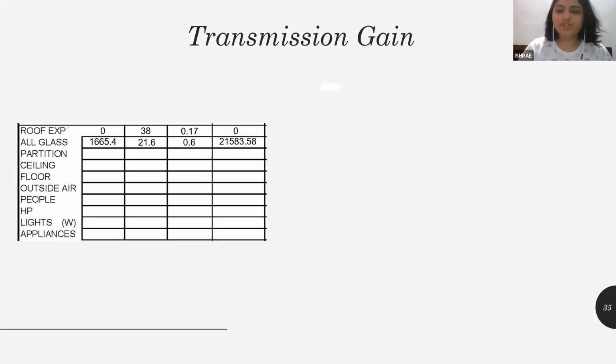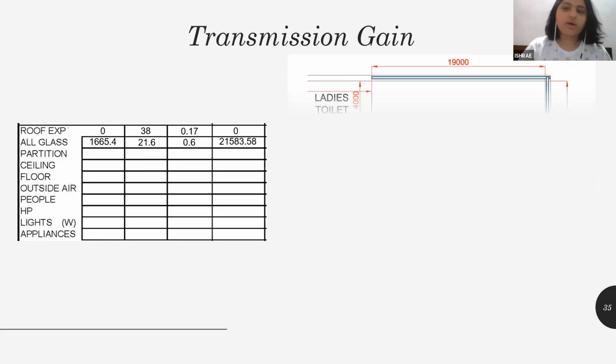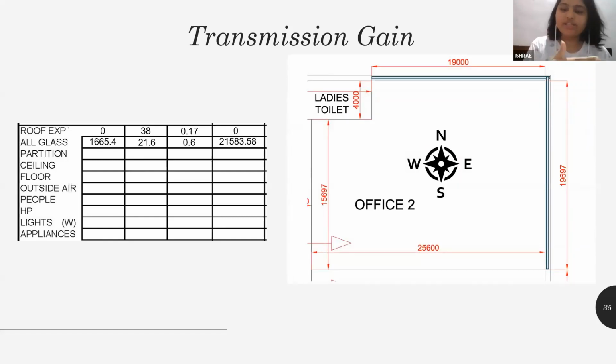Moving on to partition, ceiling, and floor. As I said, in this drawing, my best side is my partition. And what I have considered for my heat load calculation is non-conditioned area above and non-conditioned area below. So only my office will be conditioned all around it and above and below. Okay, so my partition will be 15.697. First you have to convert it into square feet, and then 15.697 plus the 4,000.